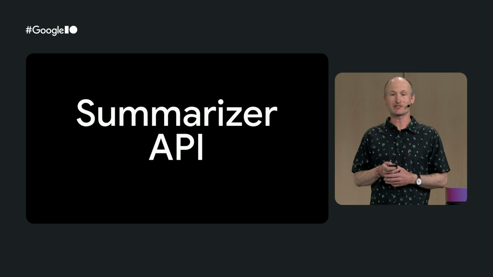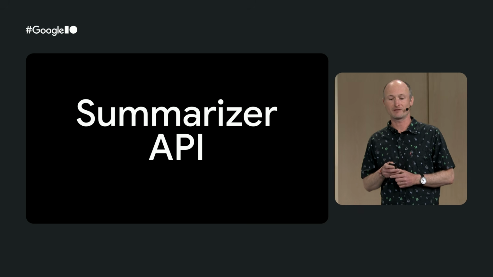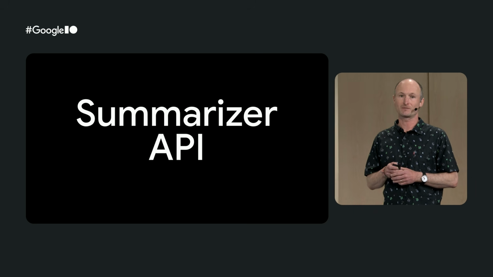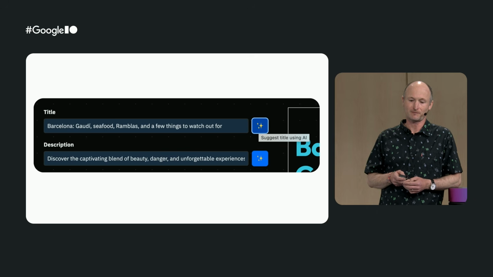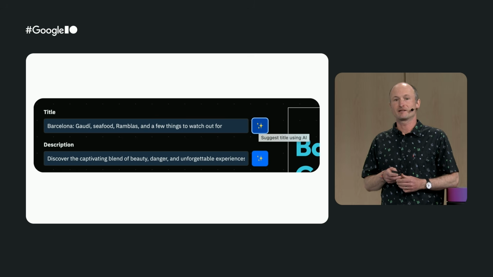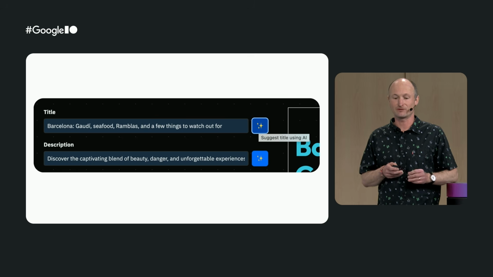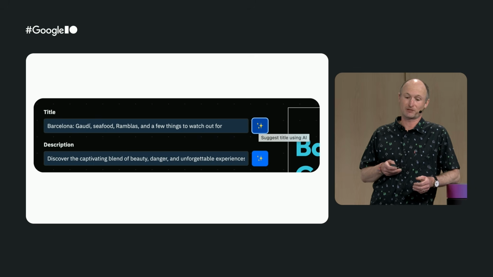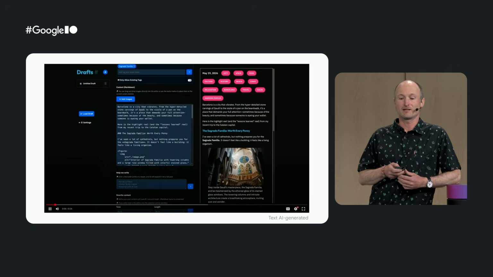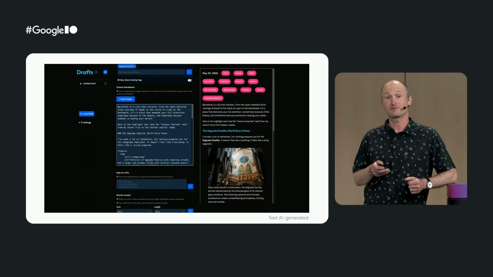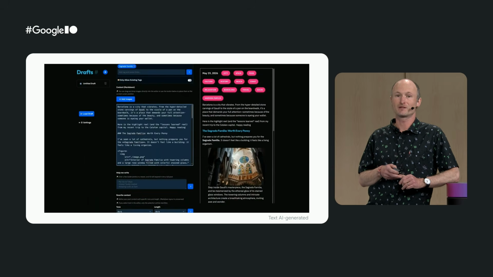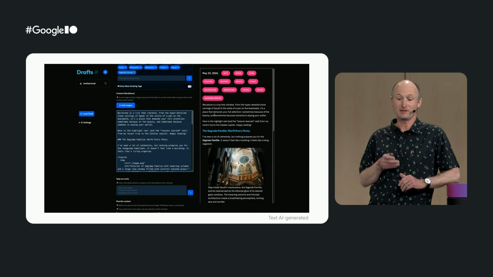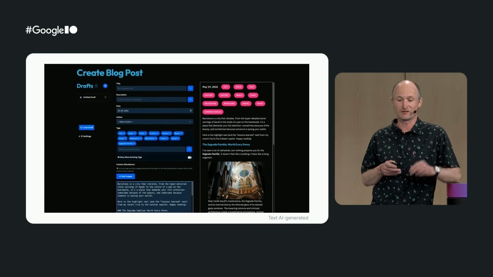All right, let's talk about the first built-in AI API and how it's used on the Trailblazers blog, the Summarizer API. Julia, Ashok, and Maya take great pride in their handcrafted blog, but even they are not immune to the occasional writer's block. This is why they have integrated with a built-in AI API that shipped in Chrome 138, the Summarizer API. In the editor, they use it in two flavors.